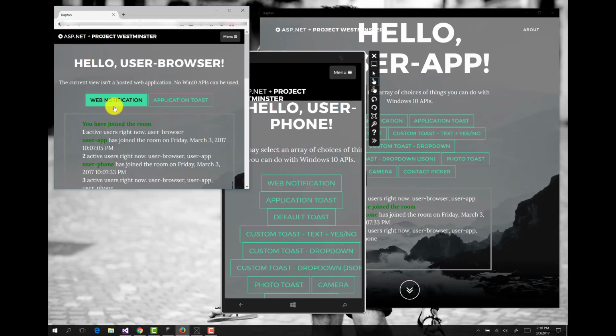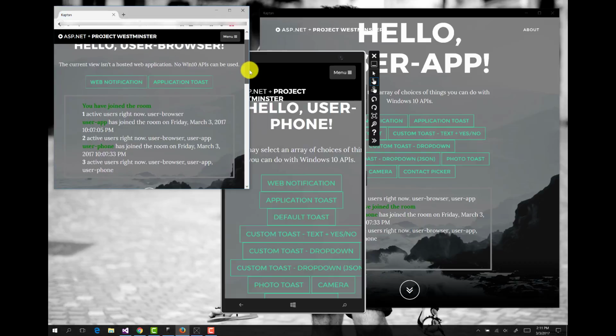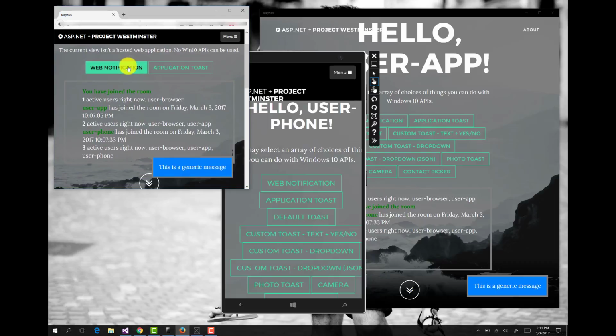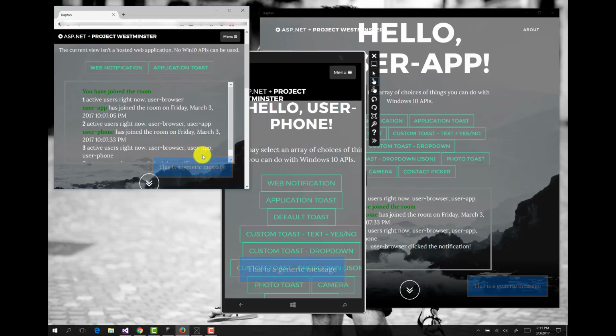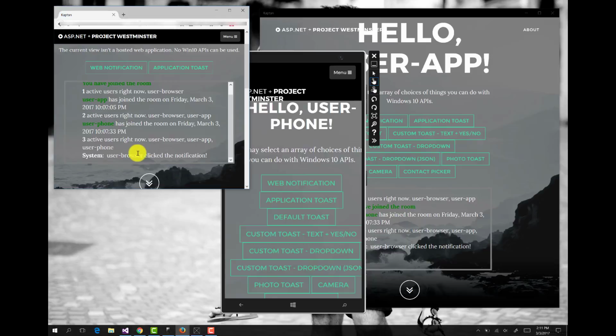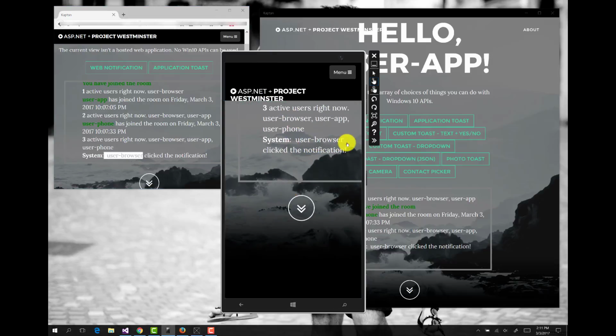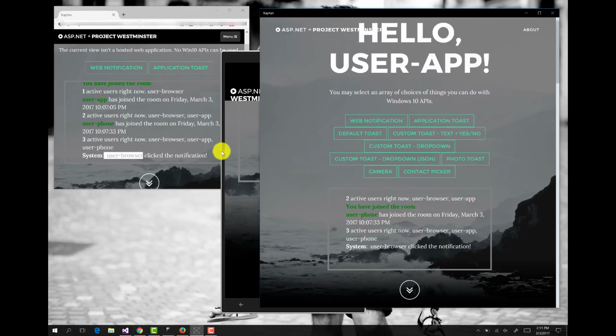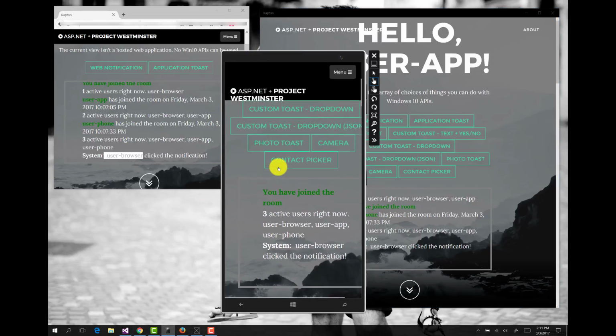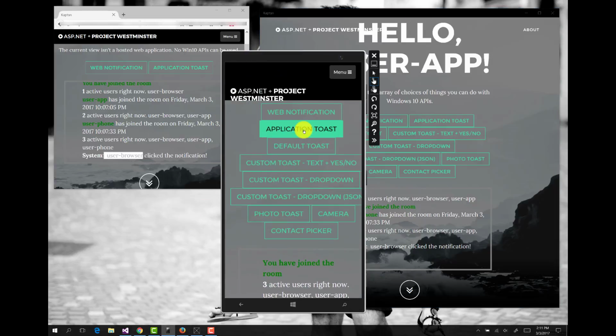The good thing with that one is that in this particular application, if you click web notification and then you click on the notification window, you would see a status of who is the user who actually clicked that particular notification. It also shows from the other environments that the user's browser clicked the notification, as well as the app. So let's try here on the phone. So click,